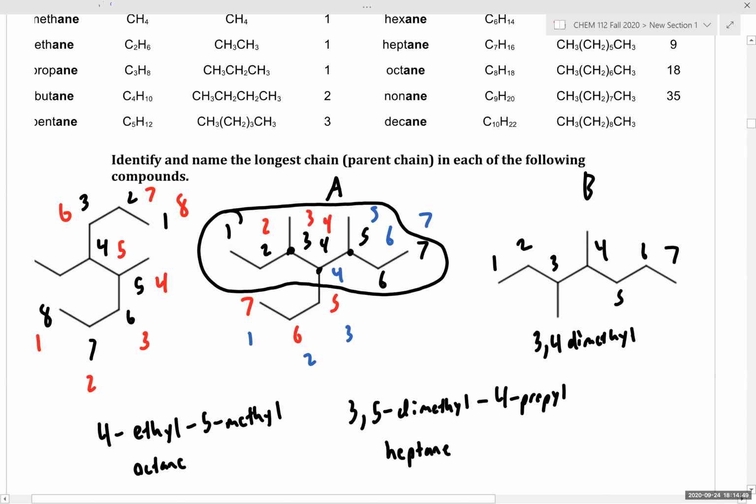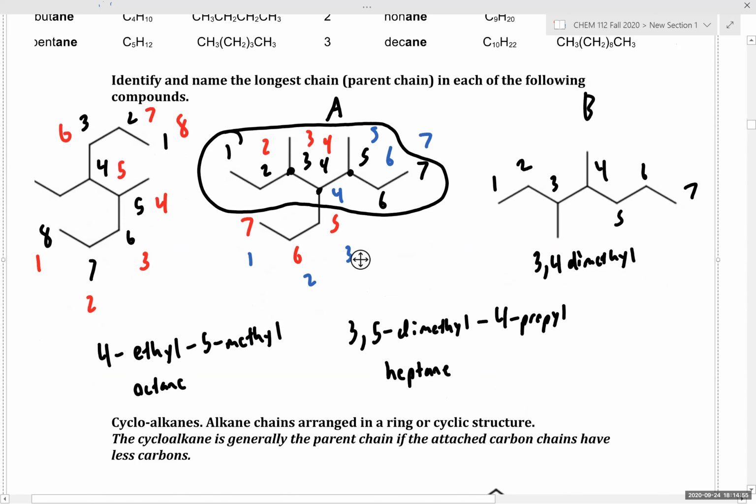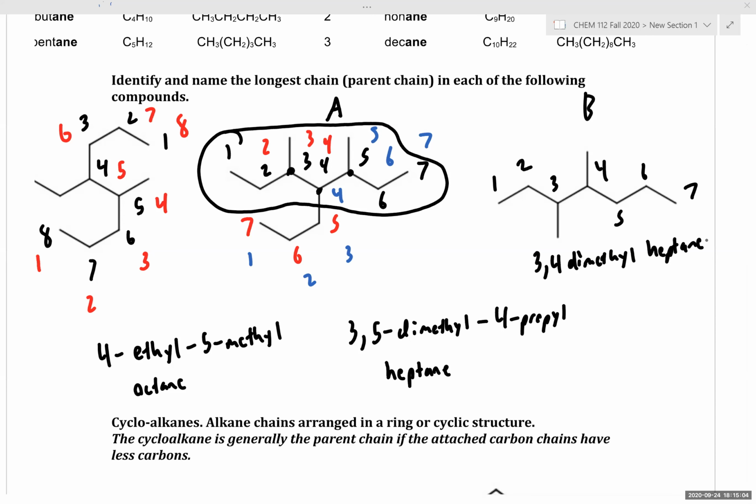Oops, did I miscount? Wait, this is heptane. 3,4-dimethylheptane. Hept is 7, hex is 6. Very good, very good. So let's talk next about